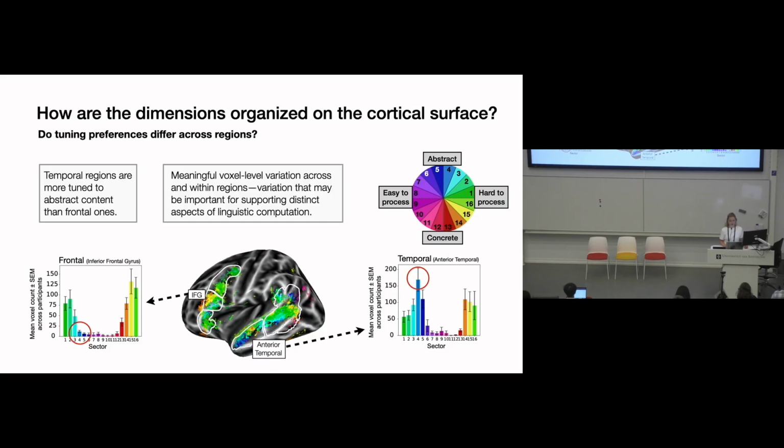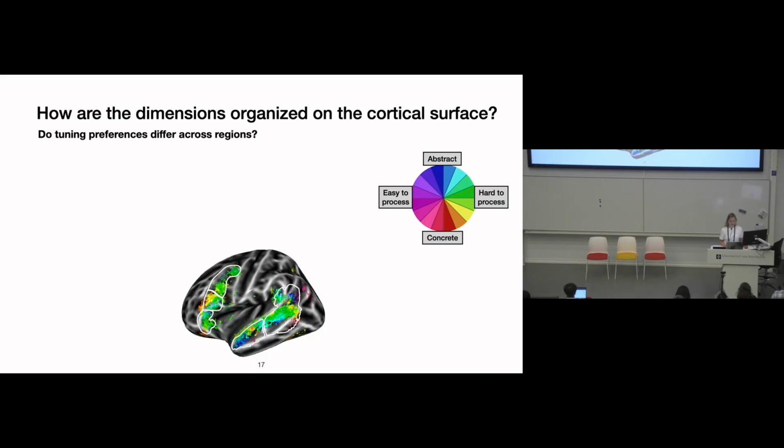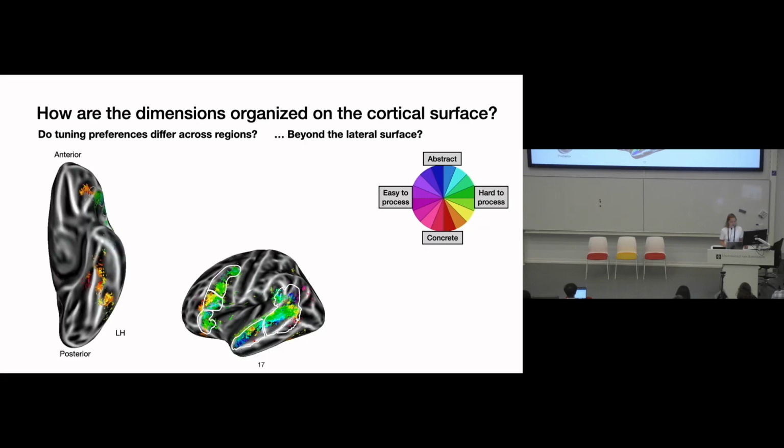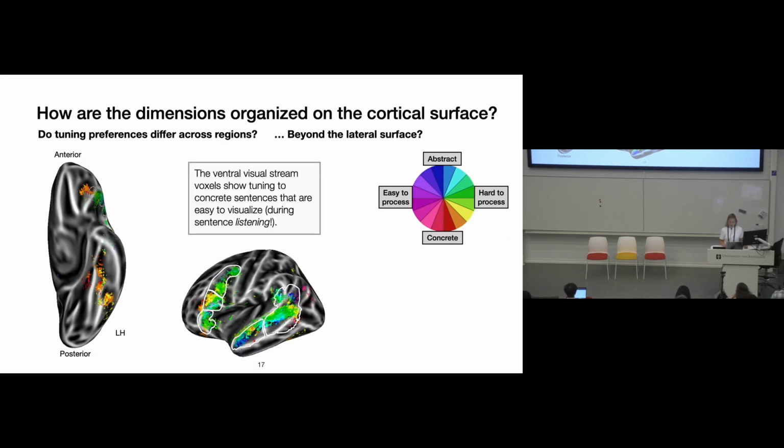of linguistic computation. And finally, I've focused on these frontal and temporal regions that are traditionally known to be implicated in language, but what about beyond? Interestingly, we also observed high predictivity in the ventral stream, an area associated with high-level vision. And furthermore, these ventral stream voxels show tuning to concrete sentences that are easy to visualize. And I want to remind you that there was no visual task in this experiment, so this might suggest imagery